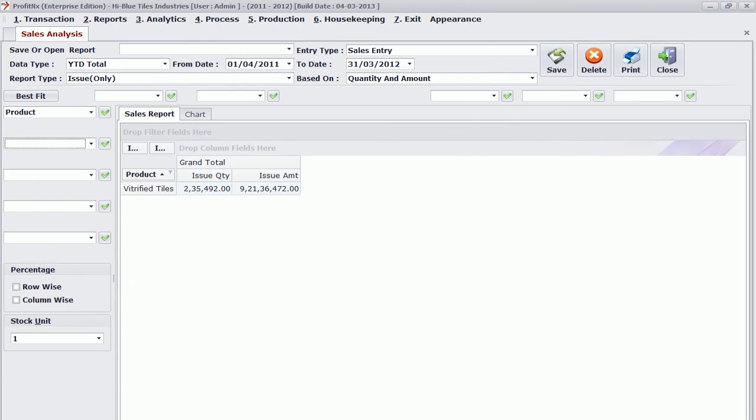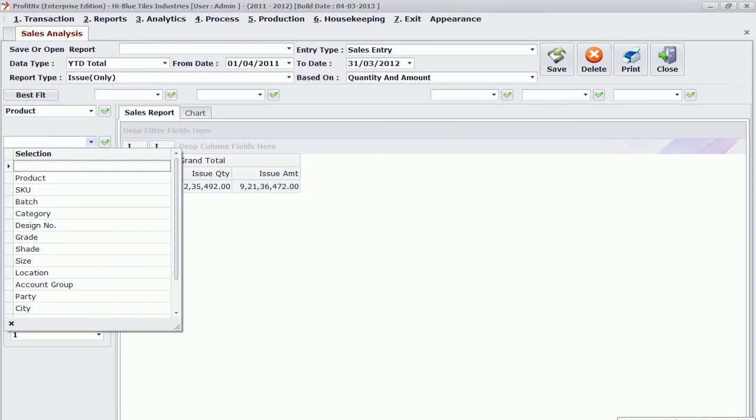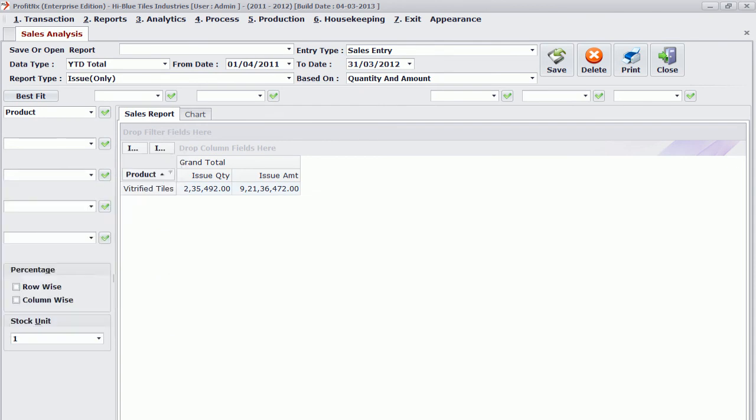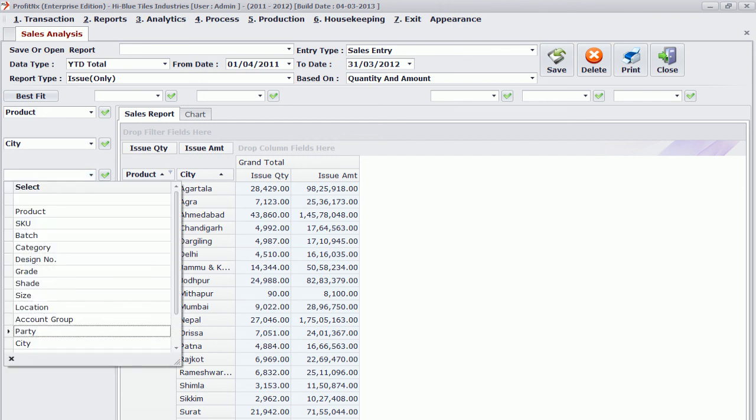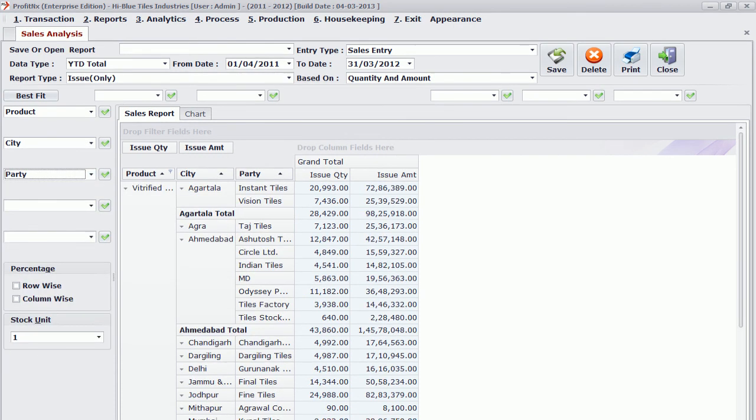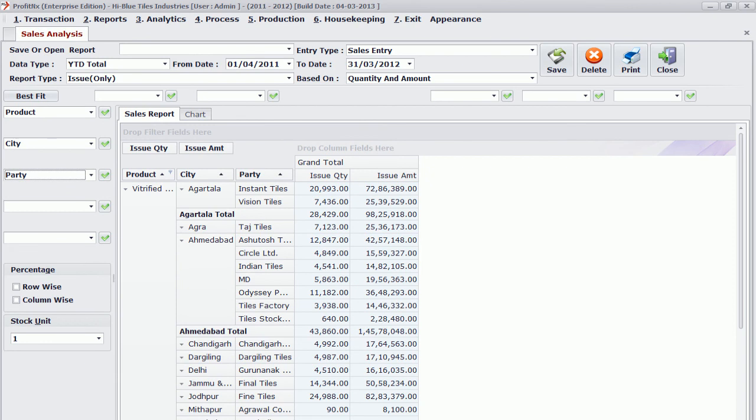Well, there is another way to look at it. Because this is sales, I may like to know that of the total sales, how much is city-wise sales. So I'll get information about what is the sales in Agartala and Agra and Ahmedabad and Chandigarh and like that. From the city, I can further analyze that in Ahmedabad, party-wise sales I can get from here, that which party has sold how many numbers.